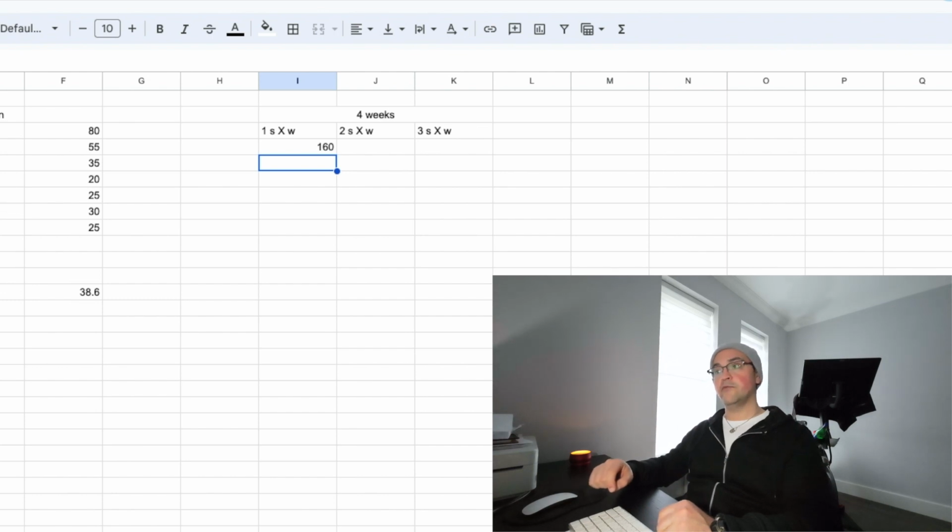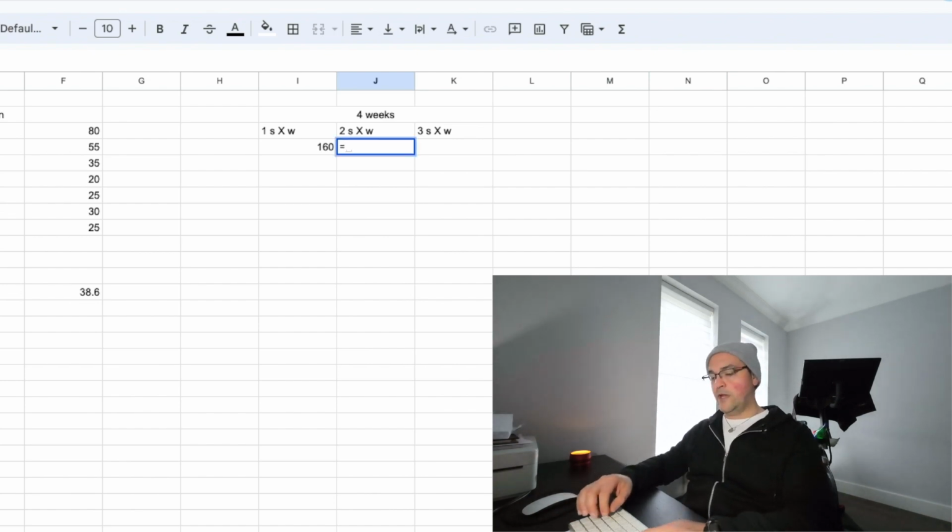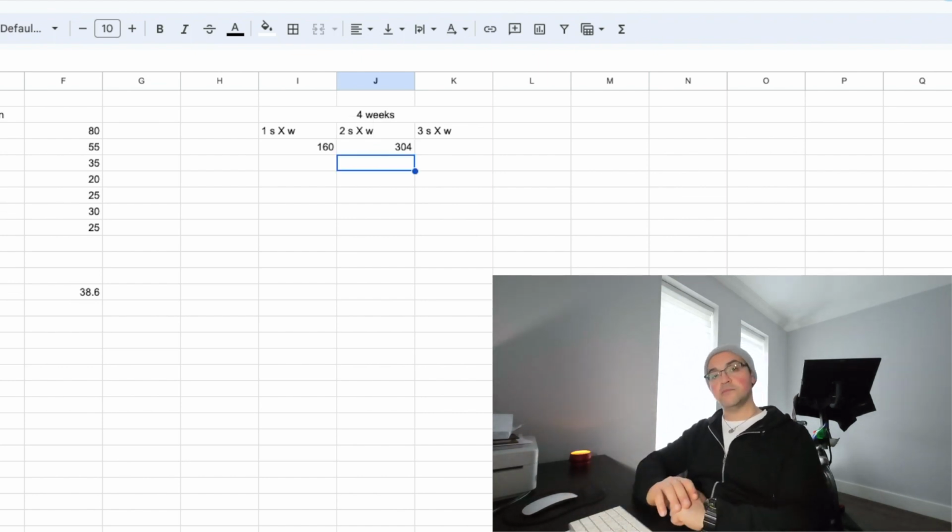So we know the first package is going to be £160. On the second package, we are going to charge our clients a little bit less, but we know we're gonna sell more sessions this time. We want to still be above the average price that we just established. So I'm gonna go for 38 times 8 sessions this time, so twice a week for 4 weeks. And that's what comes out.